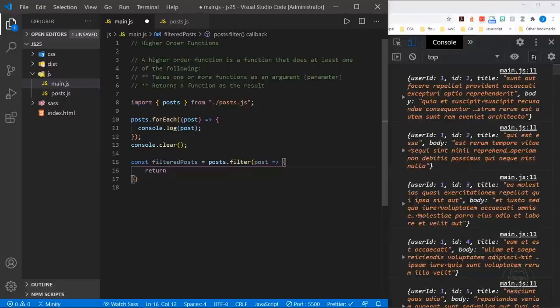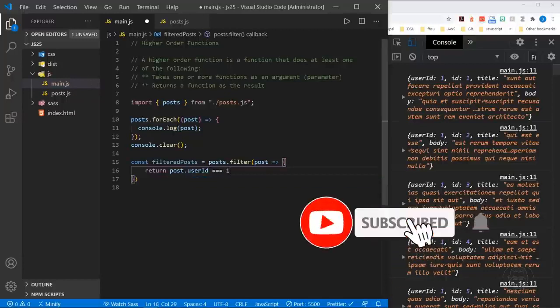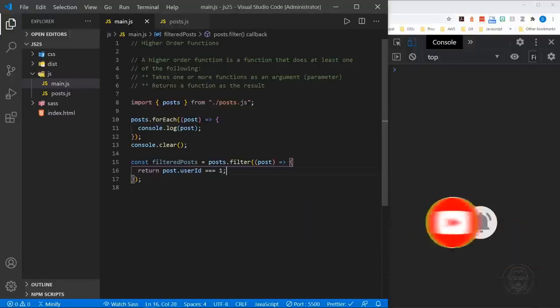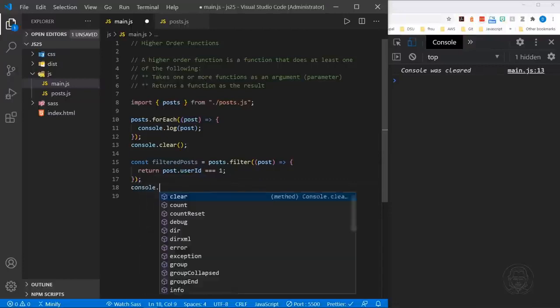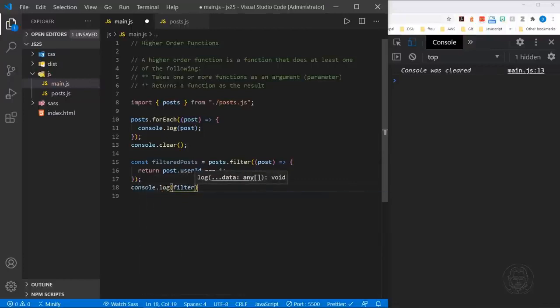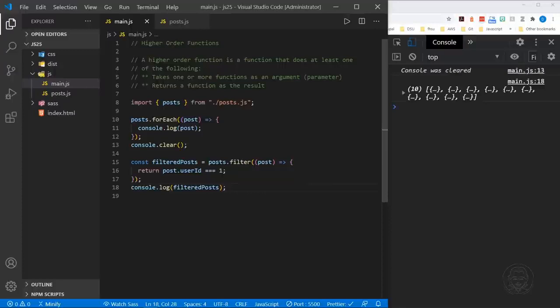So I only want to return the posts where the post user ID, as we can see we have user IDs in each one of the objects here, where the post user ID is equal to 1. And I can save that, but we're not logging it to the console yet. So I'll just need to come over here and say console.log filtered posts. There we go. And now when I log this to the console, you can see we get 10 results